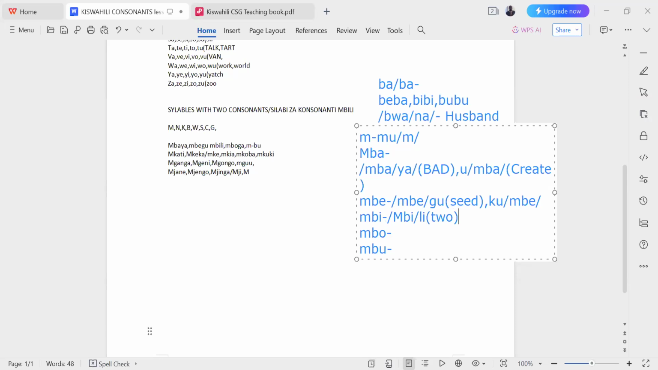But let me see where mbi comes at the end of a word. I'll try to look for a word. It's very rare, but there is a word where you can find mbi at the end. I'll try to look for it. So mbili means 2. We also have mbo, where you can have mbo coming at the start of a word,